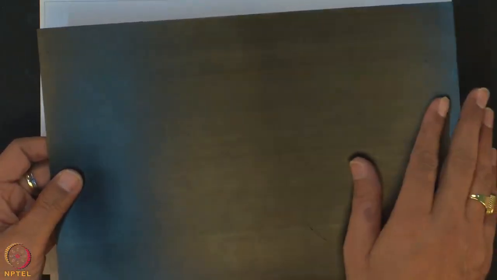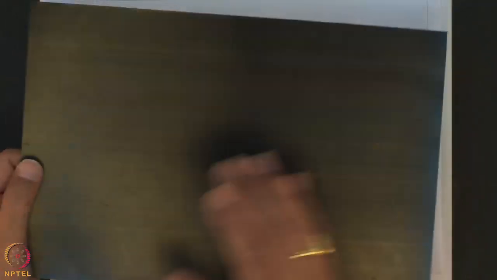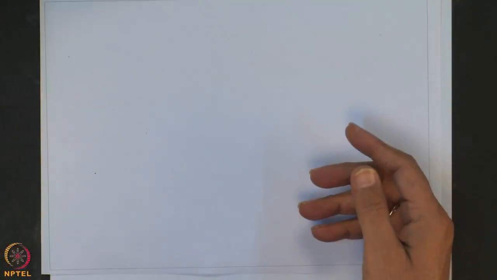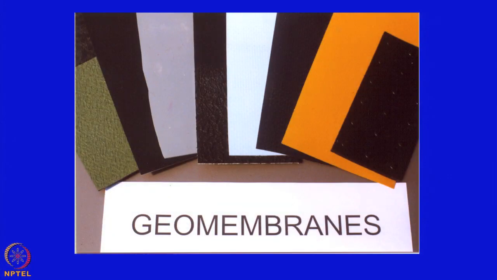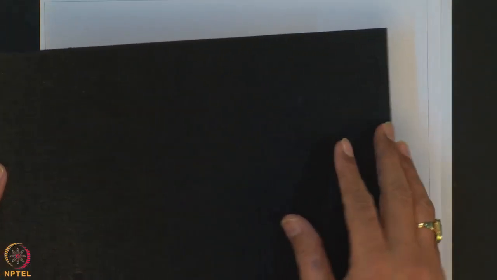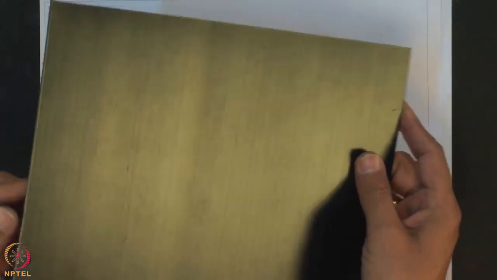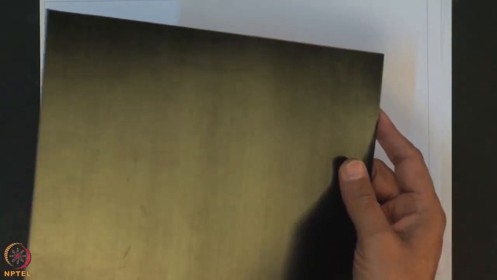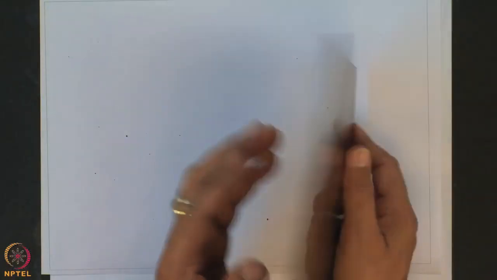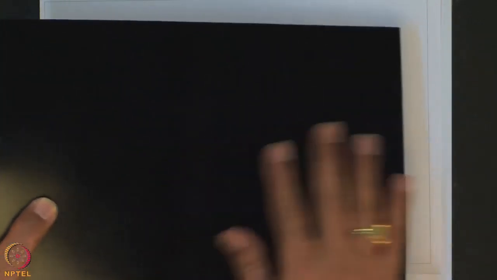This is smooth geomembrane material. So if we want to use it on a slope of the landfill, you sometimes require mobilization of the friction between the slope soil layer and the geomembrane. And that is why some geomembrane materials have also been developed where one side of the geomembrane is very rough, which can be faced toward the slope of the soil, because there will be a development of friction between the rough side of the geomembrane and the soil, and the other side is smooth.